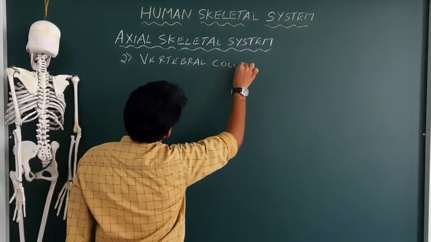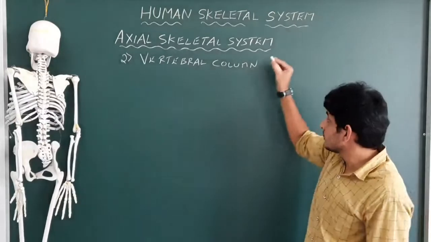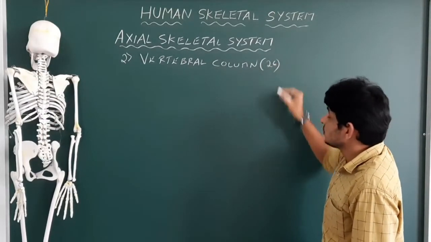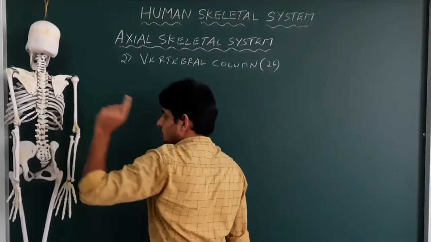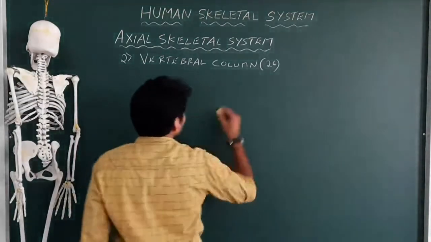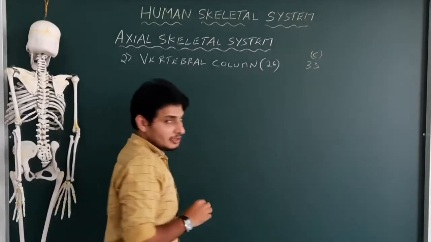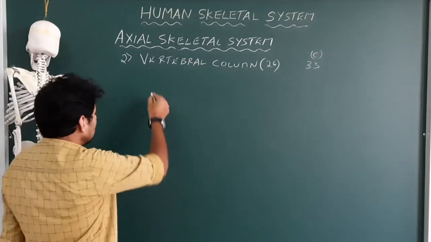vertebral column. So this VC is actually, there are about a total of 26 vertebrae present within the human vertebral column. Okay, so 26 are there. If you count it, there are 26. But in children, the number is a bit higher, that is 33. Okay, so 33 in children. Please note this point, very important. Could be asked in your competitive examination. Very simple. So I am going to write this.